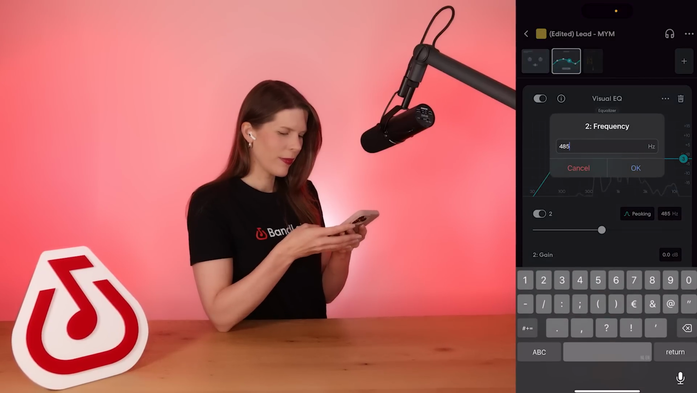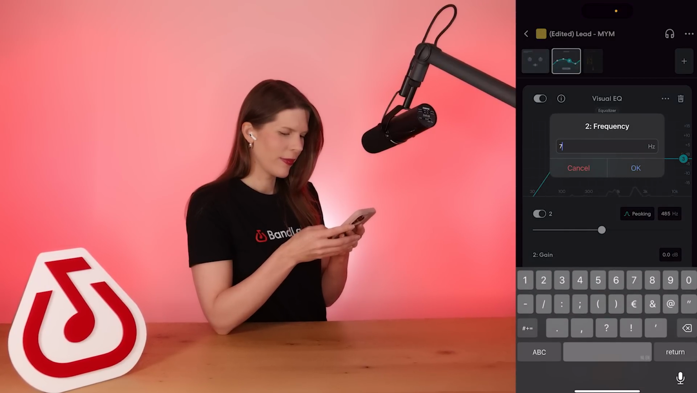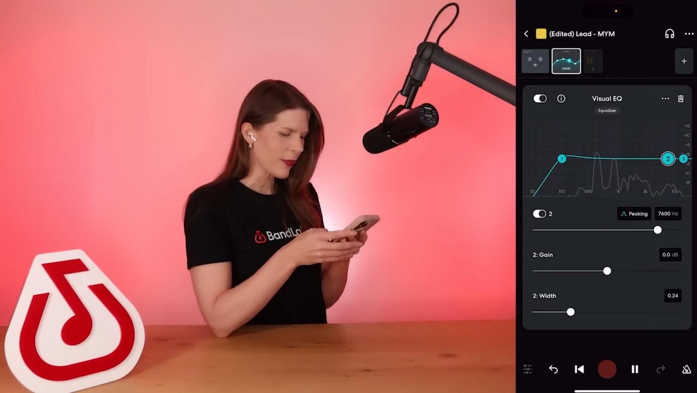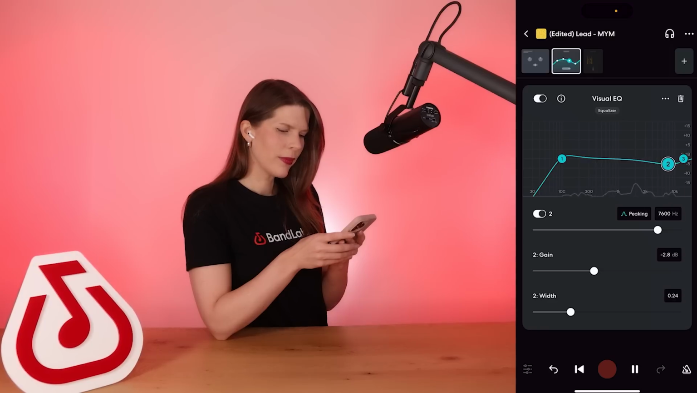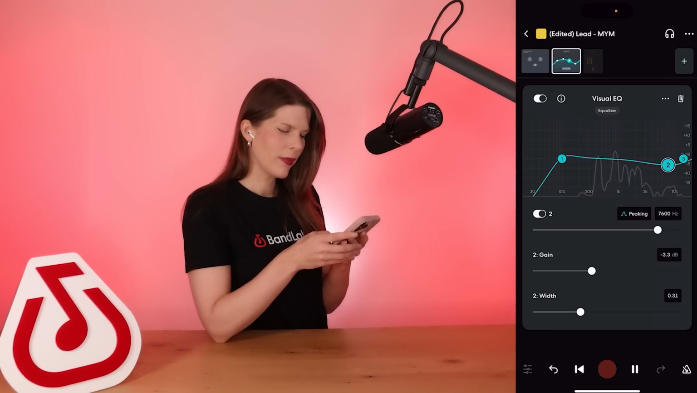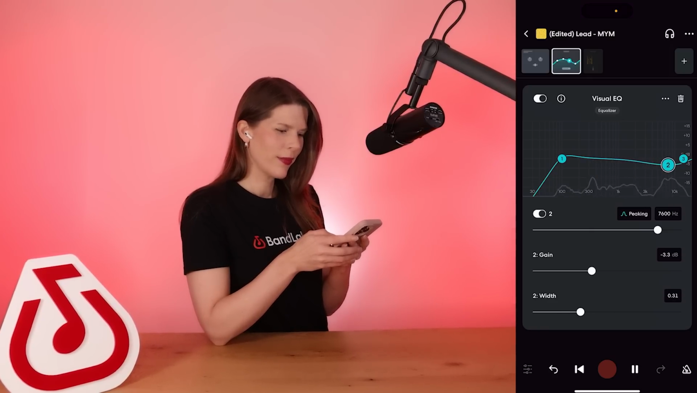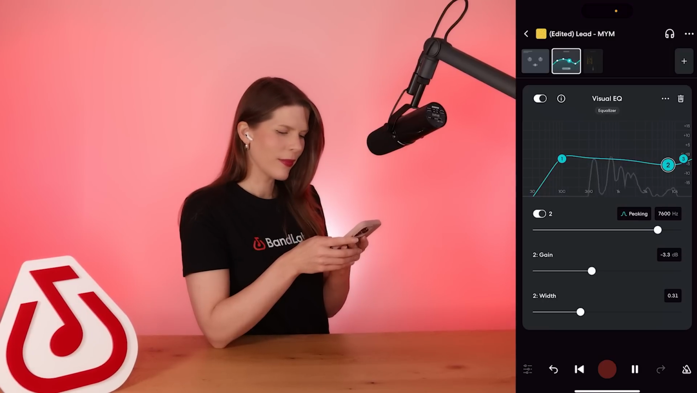Closer I get, can you resist? It's relentless, it's why. If your vocal is missing clarity and presence, you can also boost at around 6.4 kHz, but